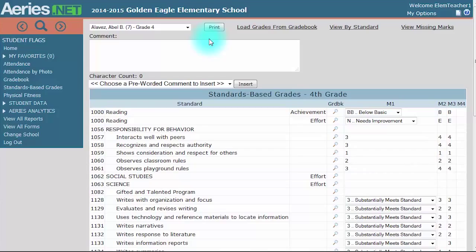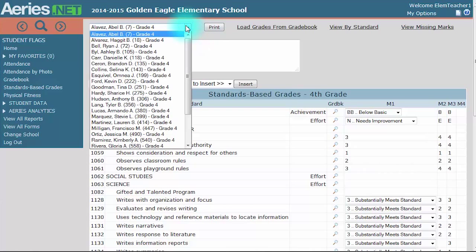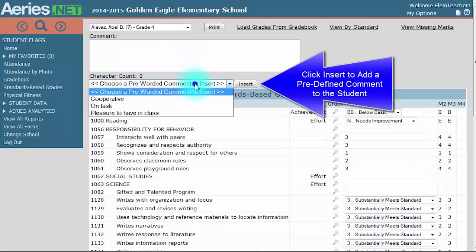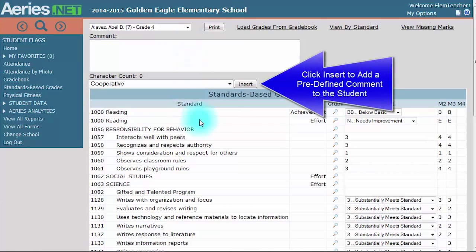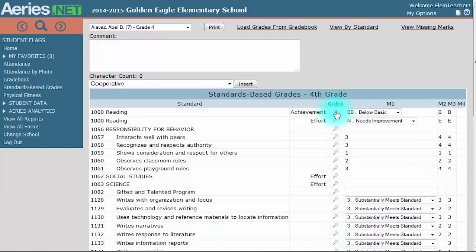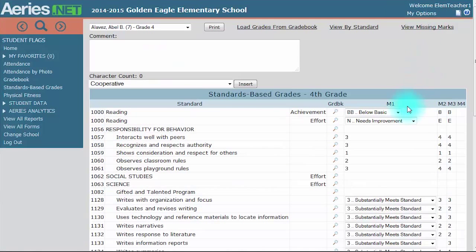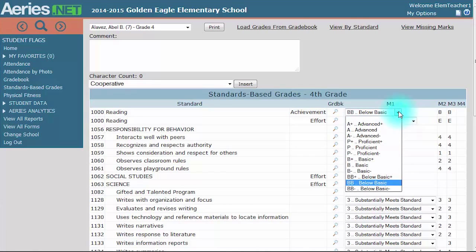The grade reporting screen can be adjusted as needed. Select the student from the drop-down list, enter a specific comment for the student or a predefined comment, use the magnifying glass to view assignments that apply to the specific standard, and adjust a specific standard score for a student by selecting the Mark drop-down option,